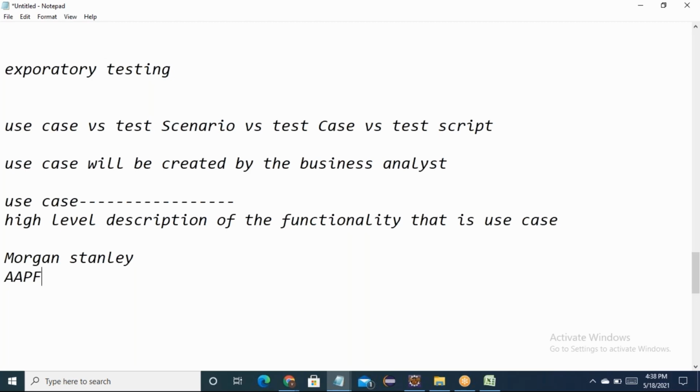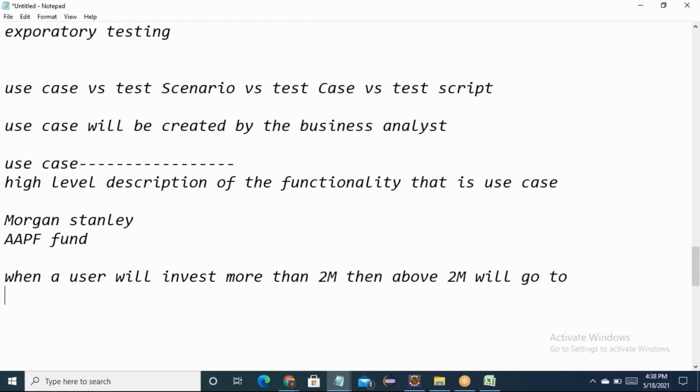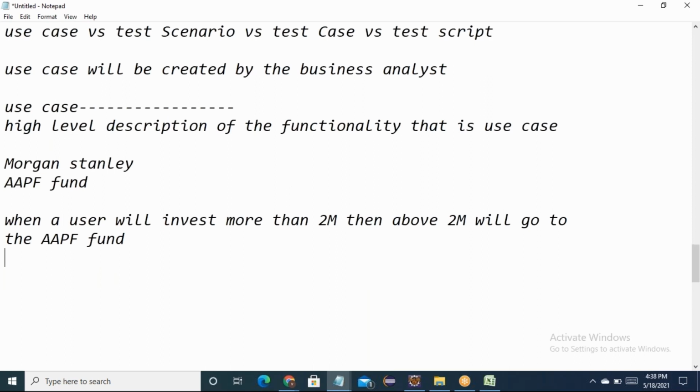I think the fund name was APF. The requirement was: when an end user invests more than 2 million, the amount above 2 million will go to the APF fund, right? Up to 2 million, Morgan Stanley will invest